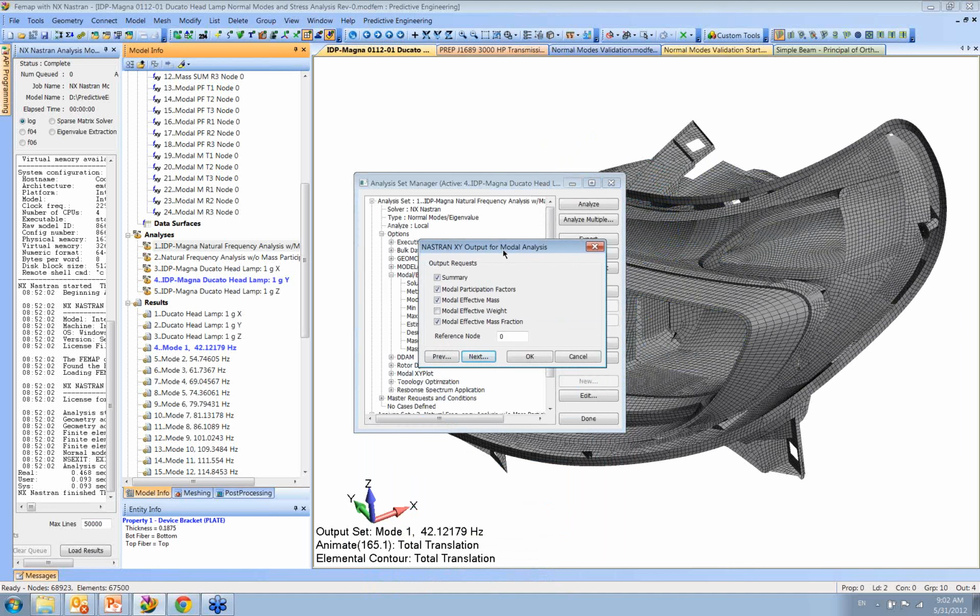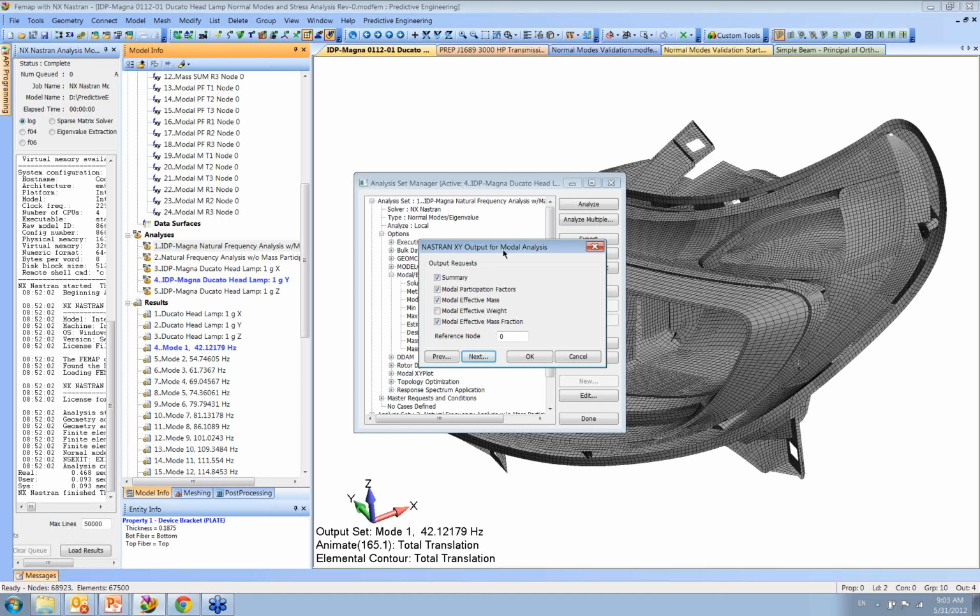You may wonder. What you're requesting is for the program to tell you how much mass is associated with each mode. It will tell you exactly what the dominant mode is and how much of the structure is moving with that particular mode. A rule of thumb in vibe is they say the first 3 modes are the most important. That's where your dominant mass occurs. And you sort of wonder where they get these homilies like that.